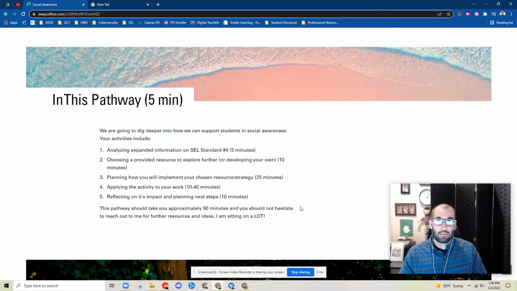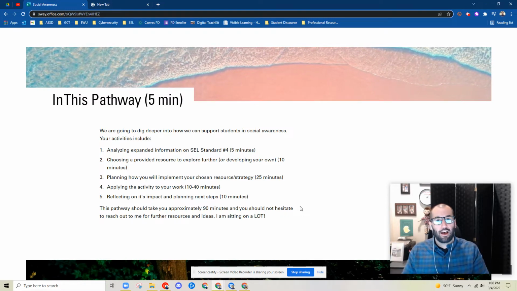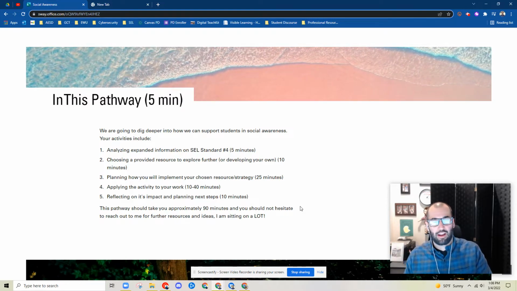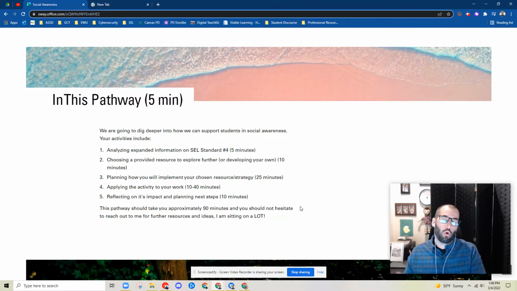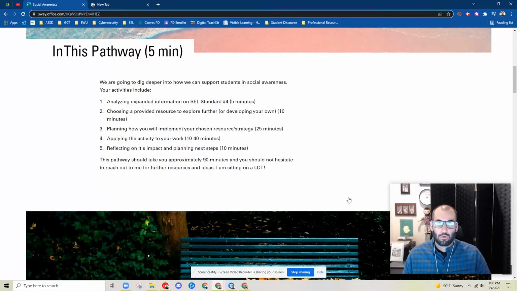Really, the purpose, well, I guess there are some, I'm now thinking about the resources. Two of the resources that I've provided for you are SEL specific, and one of them highlights a tool that will address this standard in certain ways and do some thinking around that. So regardless, this shouldn't be taking up hours and hours of your time. And if it is, please let me know. That way I can adjust and support you in that.